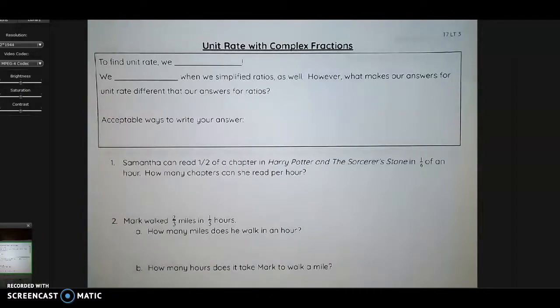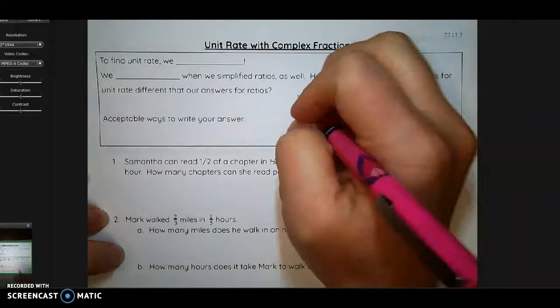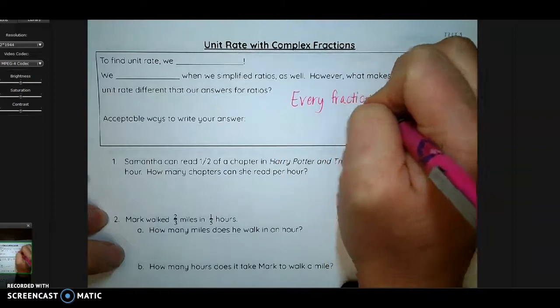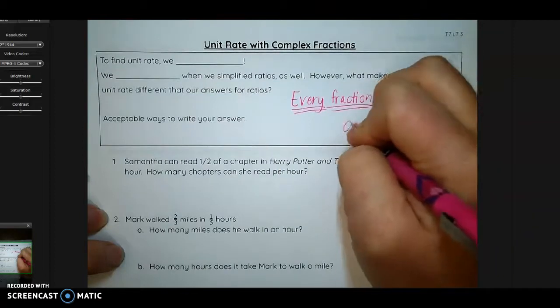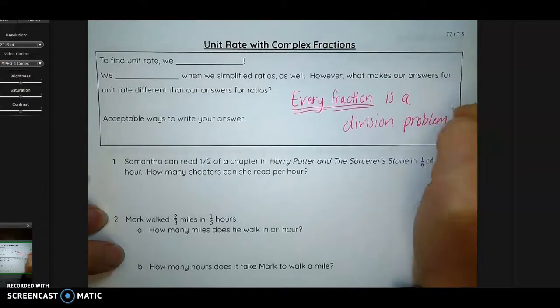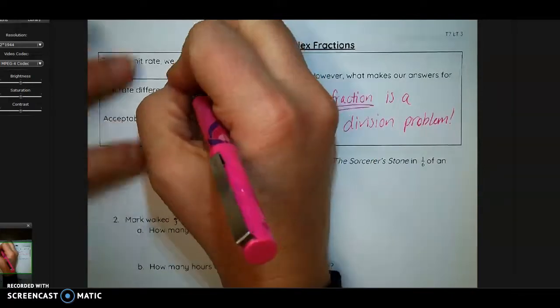All right, today we're going to be talking about unit rate, but with complex fractions. And I don't want you to be concerned, because I want you to remember, and write this down somewhere, commit it to memory: every fraction is a division problem. All right, every fraction is a ratio. Every fraction can be turned into a decimal or a whole number with a decimal after it, but every fraction is a division problem. So to find unit rate, we